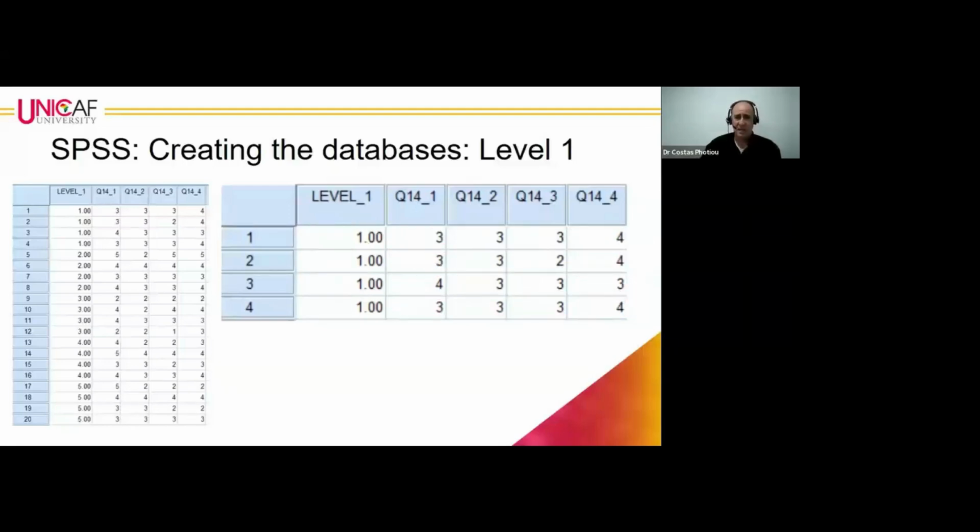You can see here an image taken from the left-hand side, just to make it a bit larger, and we can follow this example. So looking on the left-hand side, we can see the number of employees, which is on column 1, 2, 3, 4, 5, 6, 7, going to 20. And on the right-hand side, you can see the level 1, which is actually